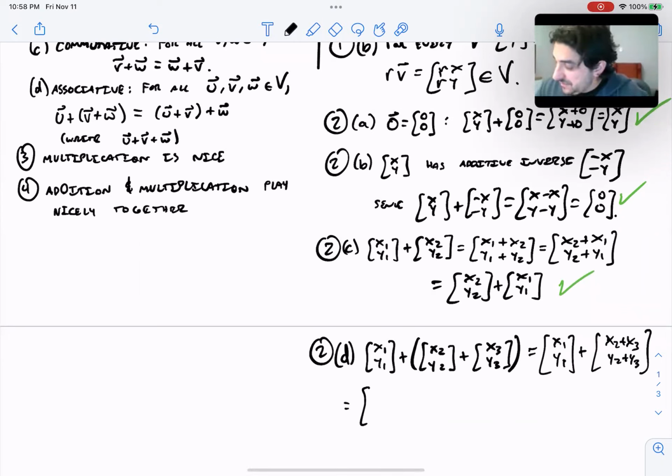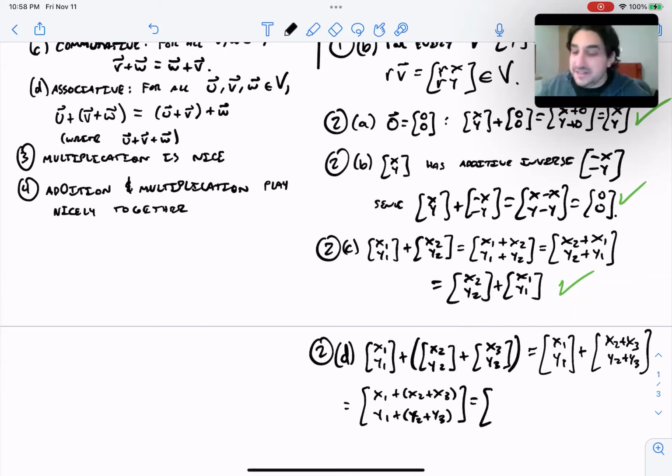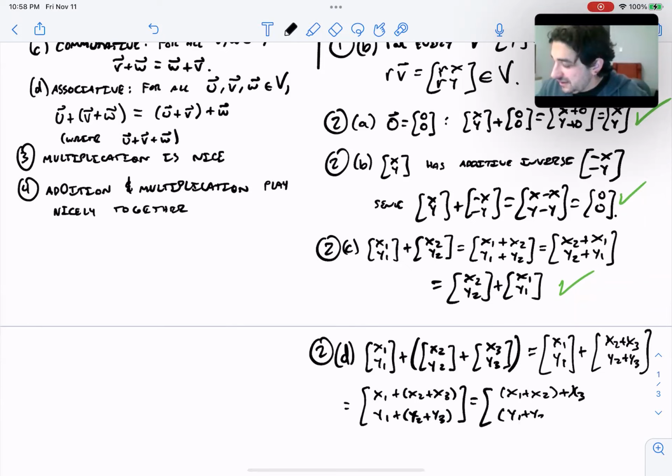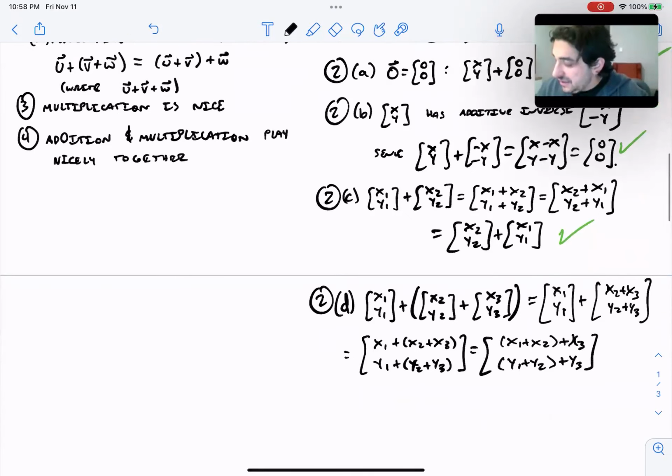So then I add the first plus sign, and I'm adding component-wise, right? But then I can apply the associative law in there, right? Inside the components. Right? And then take it back apart